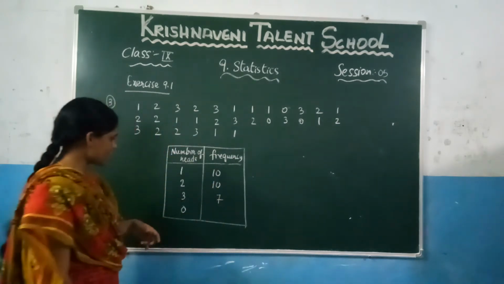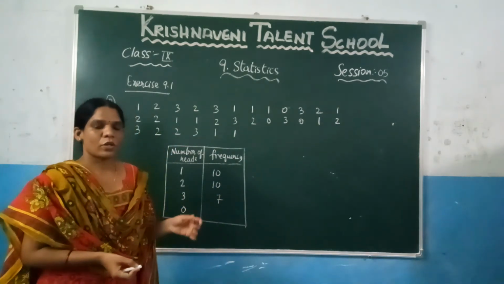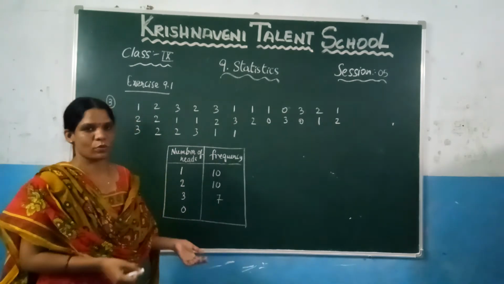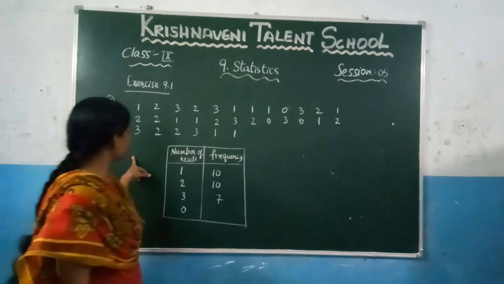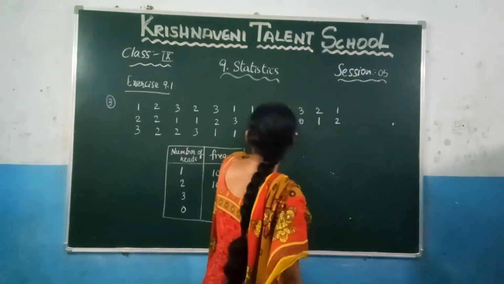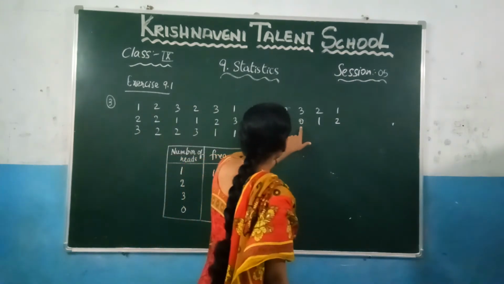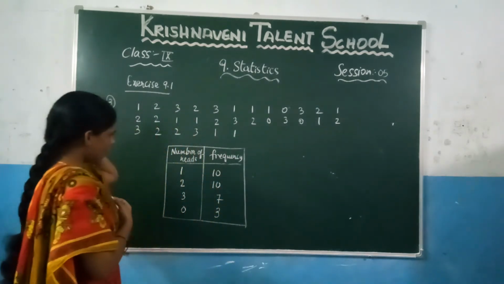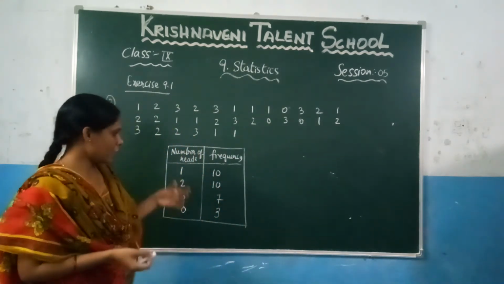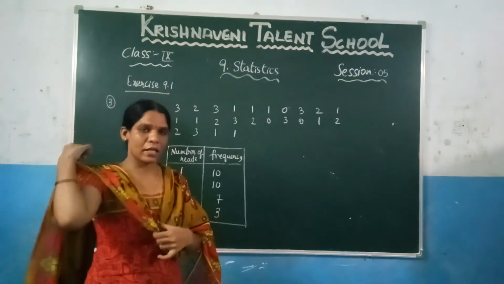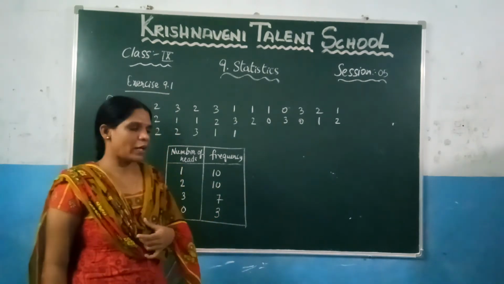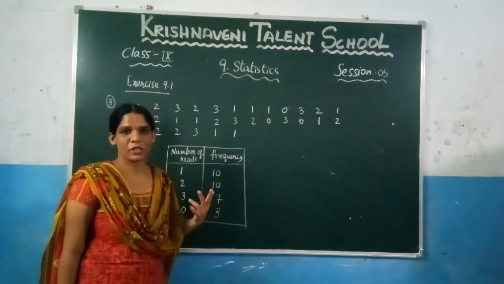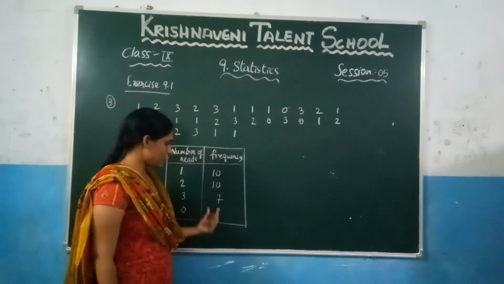Now let us check here, if the coins are tossed simultaneously and you are not getting any head, which is 0. Let us see how many zeros are there in this data. 1, and here in the second one 2, 3 times. So this is what we have written based on the data. Now again, if you want to check whether we may have forgotten any of the data, you need to find the total. How many times was the coin tossed? 30 times. So you need to get the answer as 30.